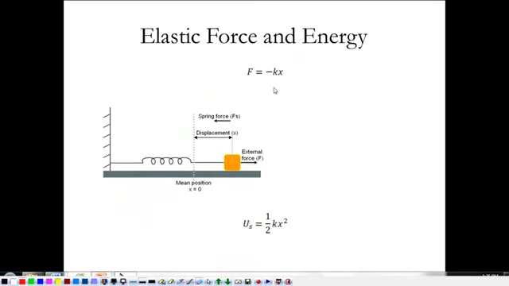Now, elastic force is new to us. We haven't talked about springs yet at all. So, imagine we have this spring, and initially my mass is sitting right here at this x equals 0 position. So I am going to come along and pull with the force F and stretch that out. And the spring is going to pull backwards against me. Now that force works this way. The farther I stretch it, the more and more my force gets. So if we were to look at a graph of